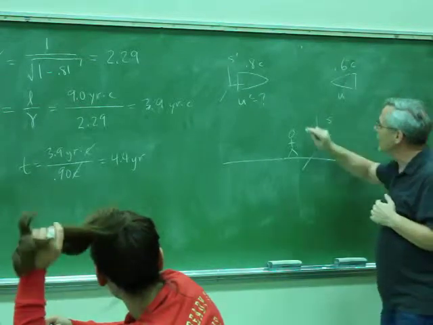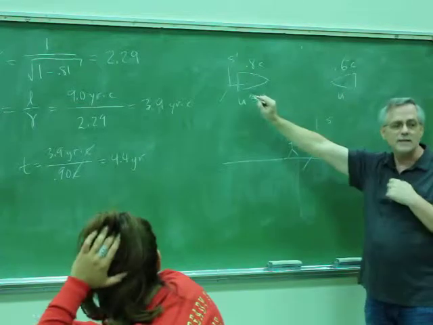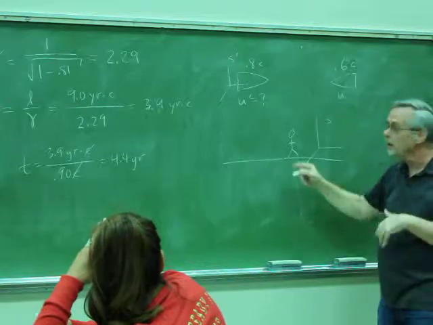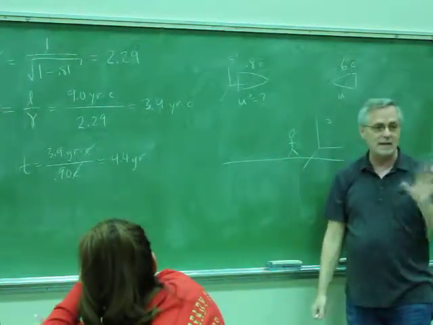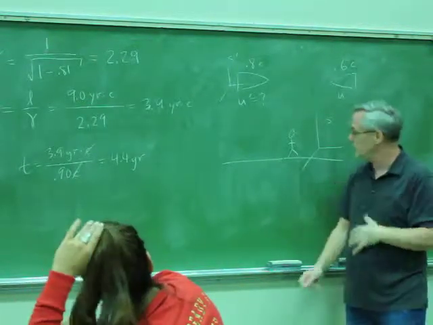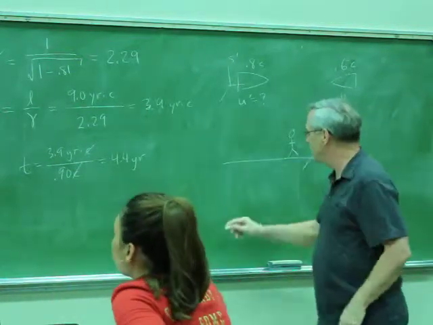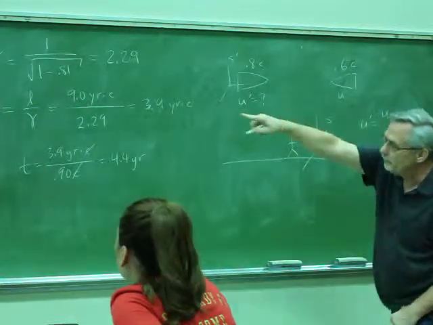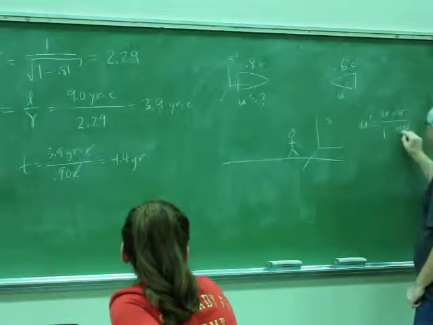I know how fast this is going, I know how fast that's going, and I want to know how fast he thinks it's going, so it's easiest for me to make him the S prime frame. I could make this guy the S prime frame and then say, whatever answer he gets for this, because their motion is relative, the other one is just the same answer but the opposite sign. But we don't need to go there. This is the easiest way to choose it. So, what I want is U prime, and from the equations we have over there, I see that U prime is equal to U, I'm on the first one over there, minus V over 1 minus UV over C squared.